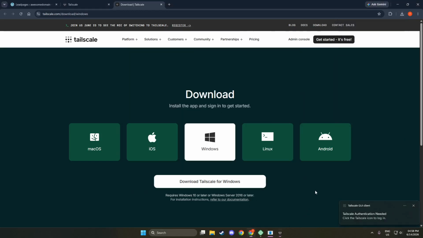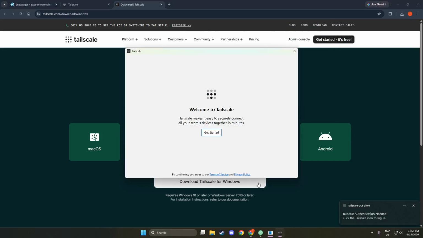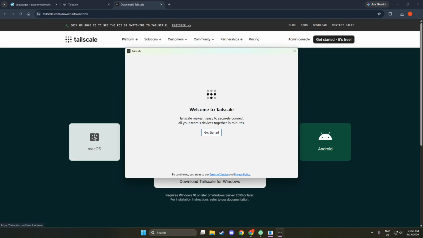At this stage, you might be offered the option to customize the installation, but for most users, the default settings are ideal. They're optimized for general use and ensure that Tailscale will run smoothly on your device. Continue by clicking Install. This action prompts the wizard to begin the actual installation process.